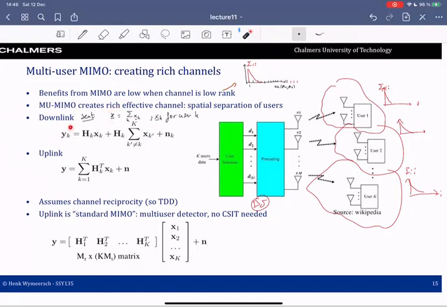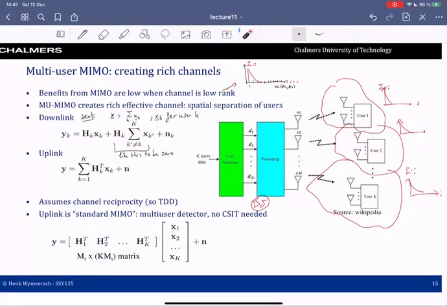What user k then sees is its own observation, which is this transmitted signal passed through its own channel, right? And I can decompose this into the signal intended for user k and the signals intended for the other users. And I would really like this to be 0. And we will see later how this is done. So now user k should take this observation and recover its own data, and this is an inter-user interference or